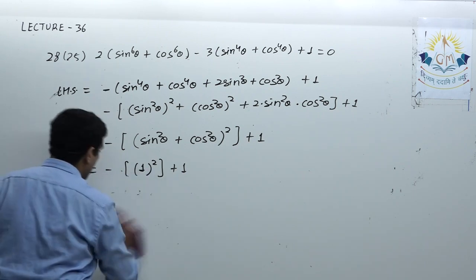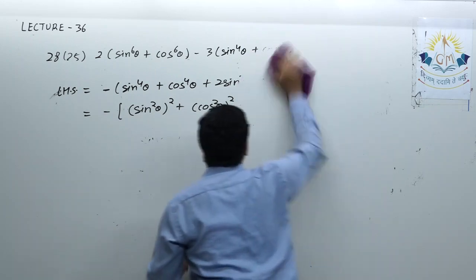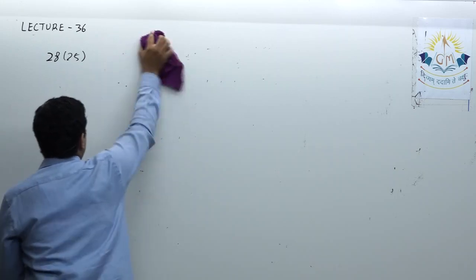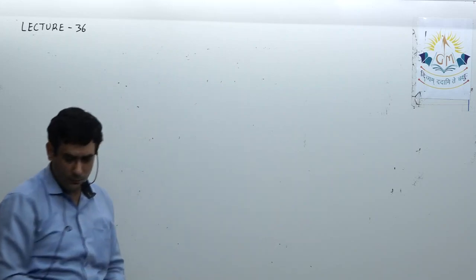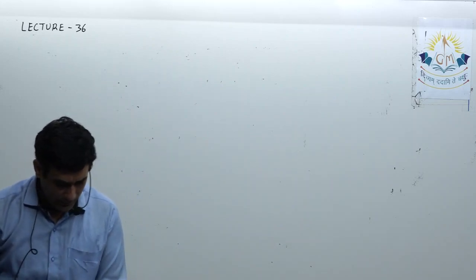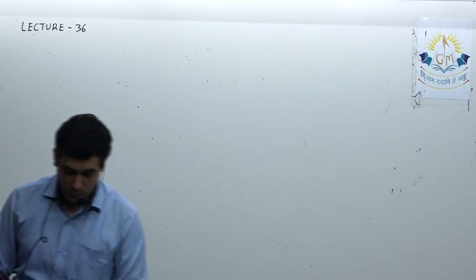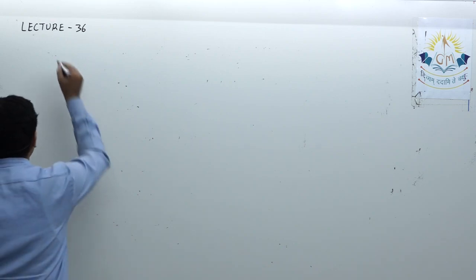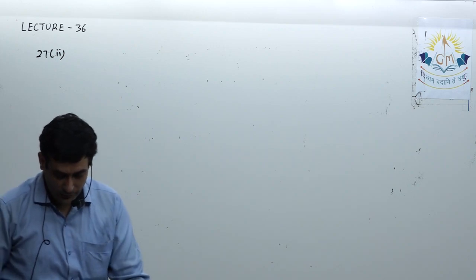Okay, now let's see the next. Now we'll see some extra questions. Before we come to the extra questions, I think we skipped question number 27, because they also include this type of question only. So among question number 27, I am solving the second one, that we'll see over here. Then we come to the extra questions.